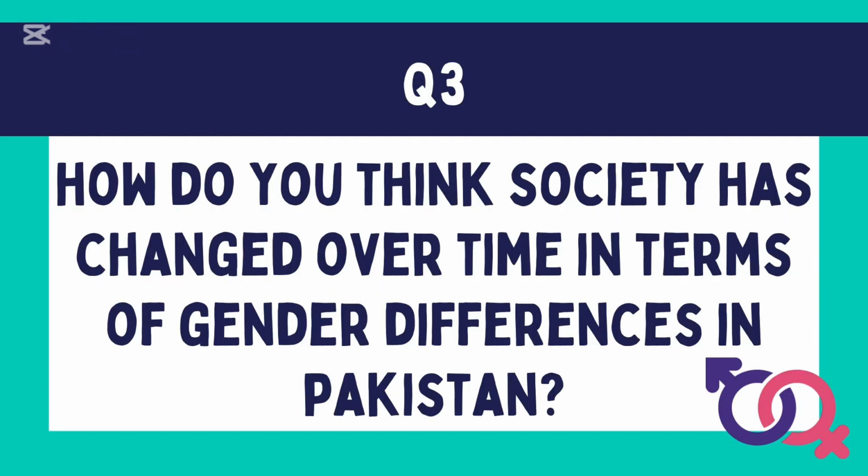Finally, we asked them, how do you think society has changed over time in terms of gender differences in Pakistan? To be honest, there's a drastic gap, I feel. I have a sister, we have an age gap of 7 years, and there are certain things that I do that she would never be able to do. And there are certain things that I speak explicitly and openly about, and she would never. Both in the way society perceives it, and even my family. I feel everything has changed drastically within the period of 7 years.